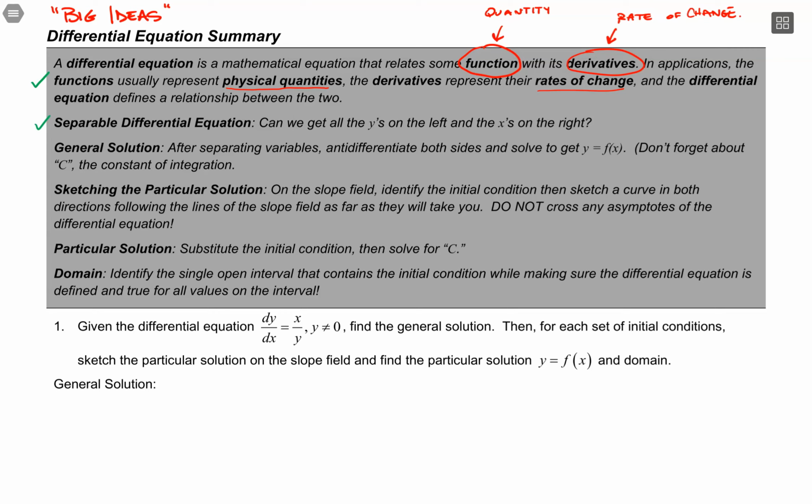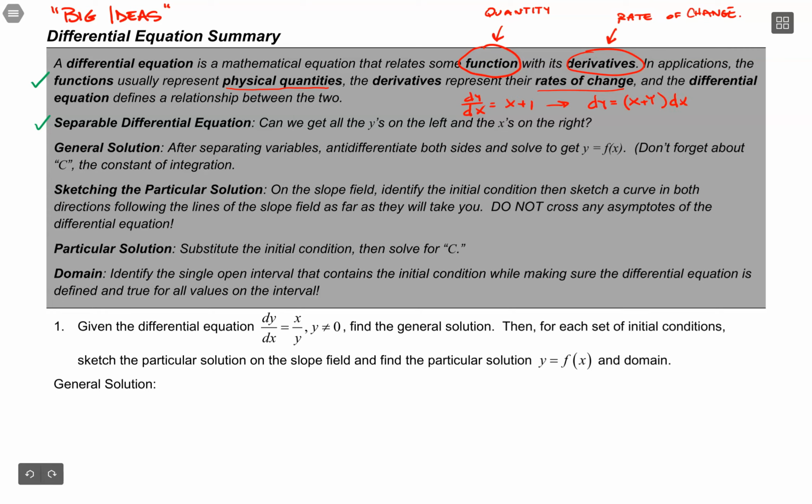The only type you'll be asked to solve in AP Calculus AB is a differential equation that is separable. What I'd like to do quickly is show you an example of one that is not separable, just so you have kind of an example of that. Let's say dy/dx equals x plus y. If you were to try to separate that, you would get dy equals the quantity x plus y